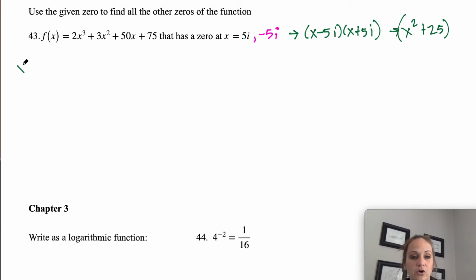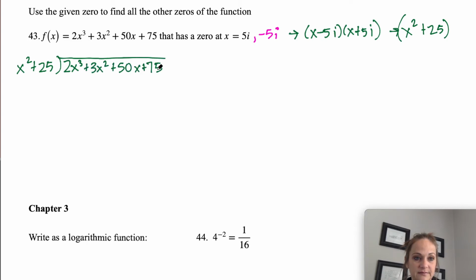This is what we are going to factor into our polynomial to find out what we would have left. So, x squared times what gives me a 2x cubed, and the answer is going to be 2x. So 2x times 25 is a 50x, and then 2x times x squared is a 2x cubed. Now, we are subtracting, so I got to make that a negative and make that a negative. They cancel